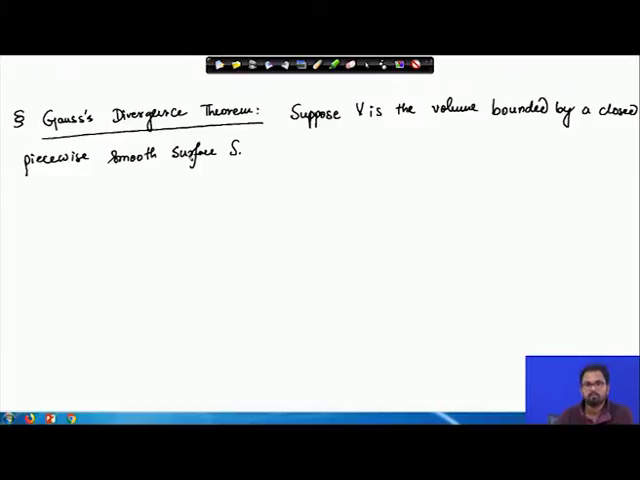So, it can be a parallelepiped. If you consider a parallelepiped or a cube, then the cube is only piecewise smooth in a way, and you have the volume V enclosed inside the cube. Examples like that, or you can have a sphere which does not have any discontinuity. So, you can always consider a smooth surface as well, or a piecewise smooth one. Now, suppose